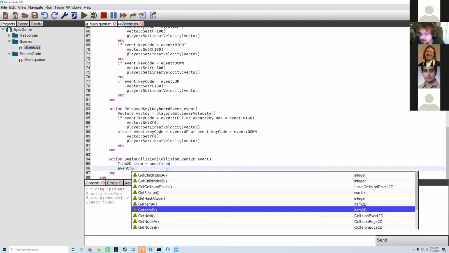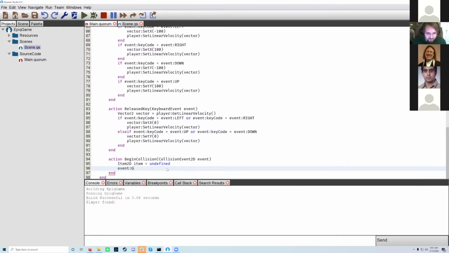Presumably, the only thing that's moving around in our game right now is the player character. One of these two things, as the game exists right now, is going to be the player, but we don't know which one. So I'm going to remove this line so I can make it an if statement. I'll delete that. If event.GetItemA() is equal to the player,